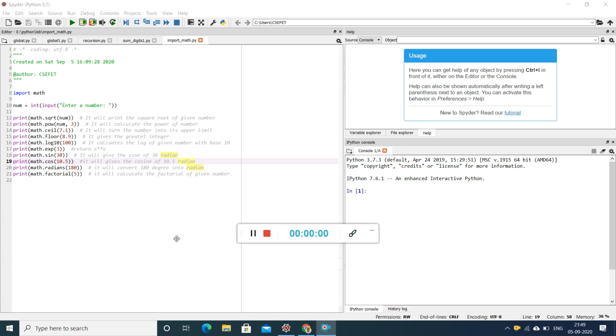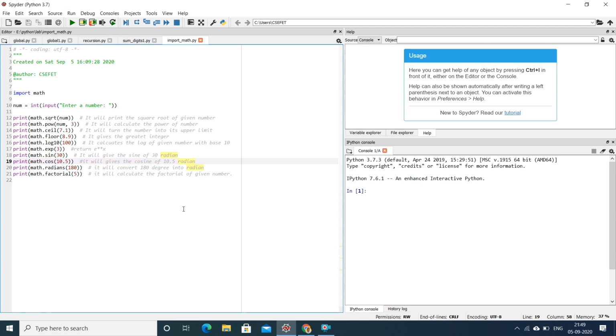Good afternoon, all. Up till now, we have learned how we can write a user-defined function in Python, how we can return a value, how recursion can be used, what is a global variable, and all. Now, continuing from this, today we'll see how we can use different classes which have various inbuilt functions defined within the Python library so that our work becomes easier.